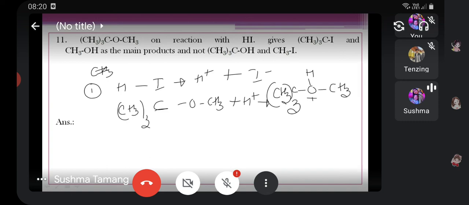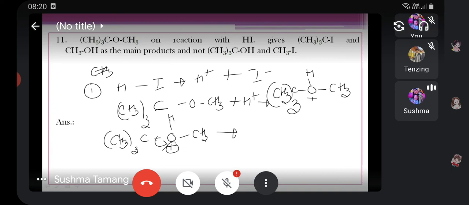As soon as you get the protonated ether, the positive charge on oxygen has to be neutralized. It doesn't stay positive because it is more electronegative than the species around it, carbon and hydrogen. So to neutralize this positive charge,